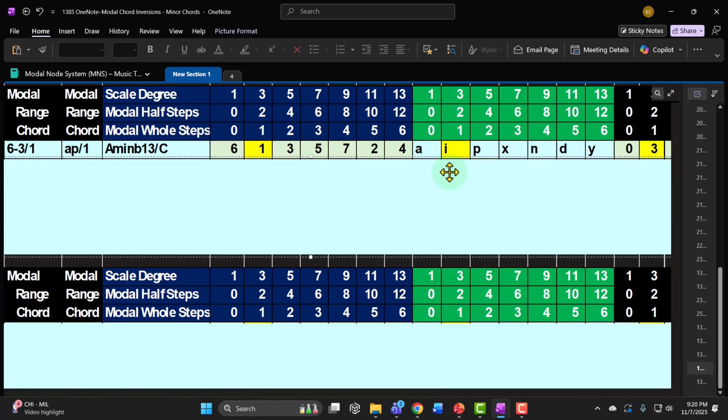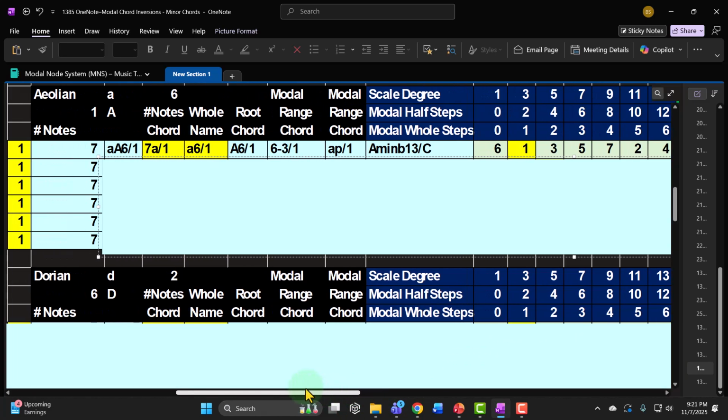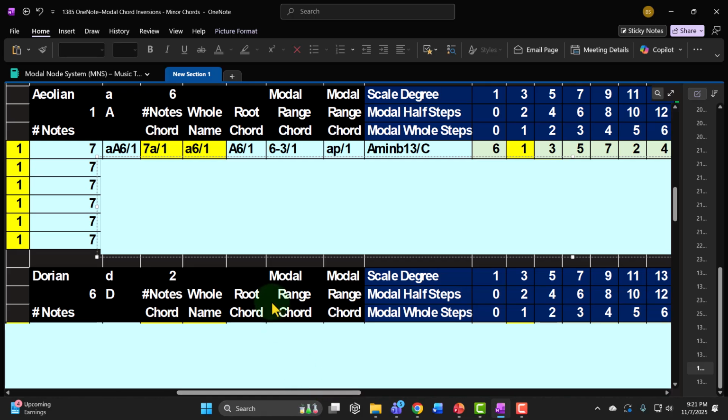Now, if you're just noodling around and you don't really remember the distance terminology to call it the first inversion, which represents 1 modal whole step up, then you could just say it's the Ionian node, right? Instead of calling it a C note, I'm going to name it by the nodal point, or node number 1, because the relative positions are going to be more efficient for navigating around the guitar. But it would be more efficient, particularly if you put this into sheet, like write it down or put it into a computer or a DAW, to name the distance point in modal whole steps,